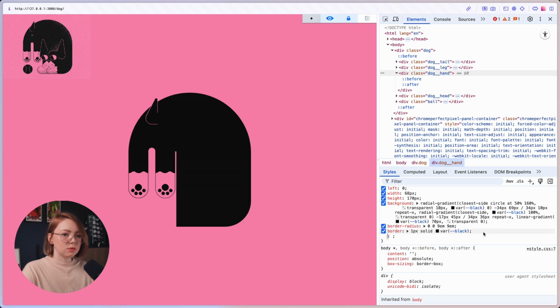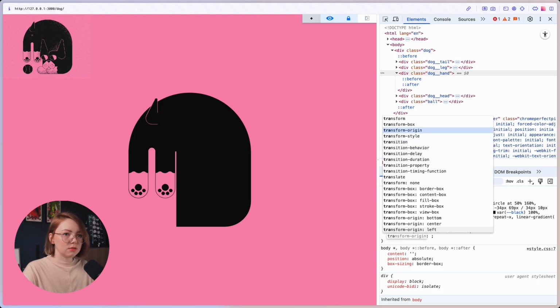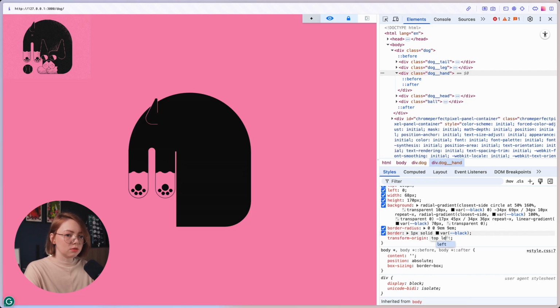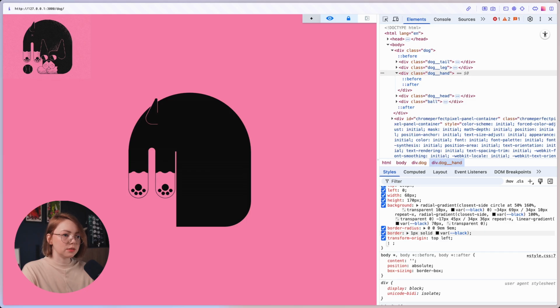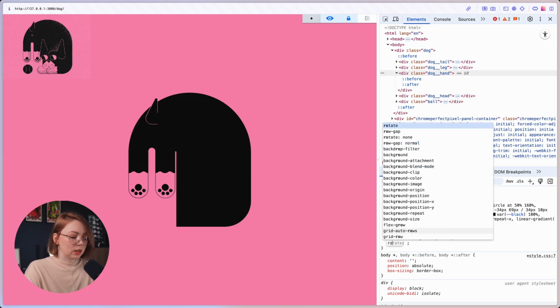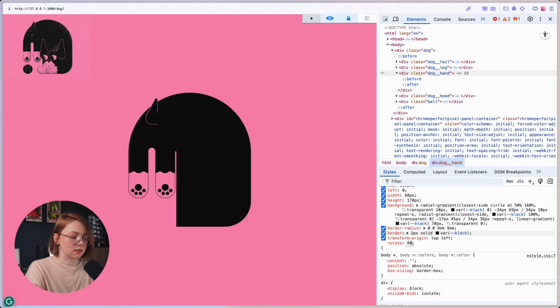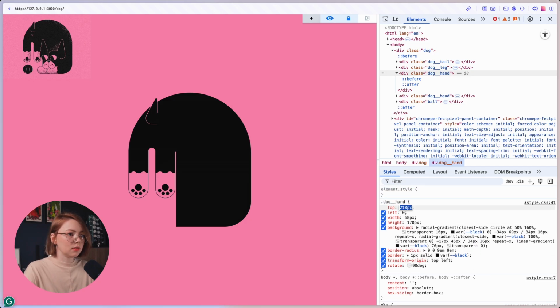I'm gonna remove this code. I'm gonna add transform origin top left, because it makes everything more predictable, and I need to rotate this paw, this hand, and place it somewhere